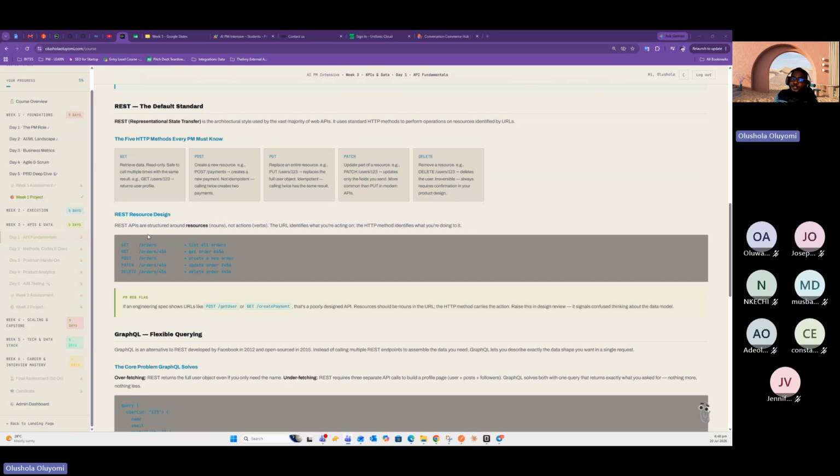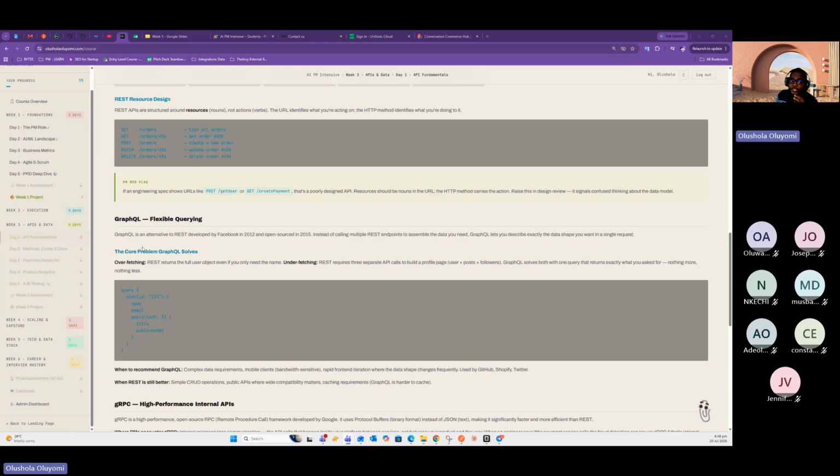Tomorrow I will try as much as possible to explain more on methods and codes, and then how to read documentations and all of that. We'll discuss that tomorrow. For GraphQL, I will not go in depth into it, but ideally,